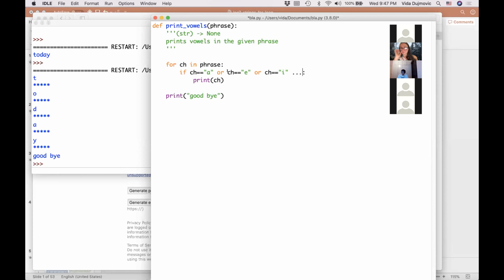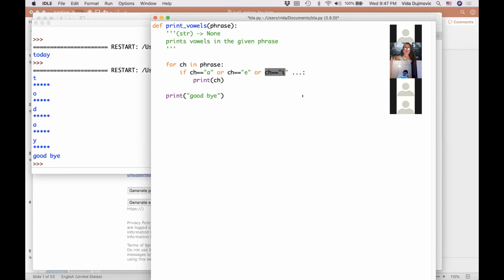And then we do all of them. What you need is that if one of these tests gives you true, then you have a vowel, so you glue them with OR. Remember, you use OR if you want one of them to be true. If you need all of them to be true, you use AND. This is a classical way to do it, and you would do it like this if you were doing this in Java or C. So this is one correct solution.